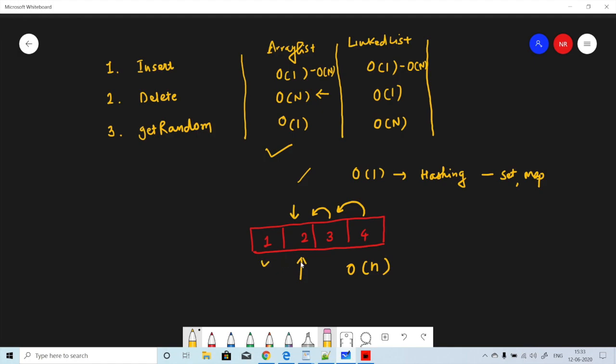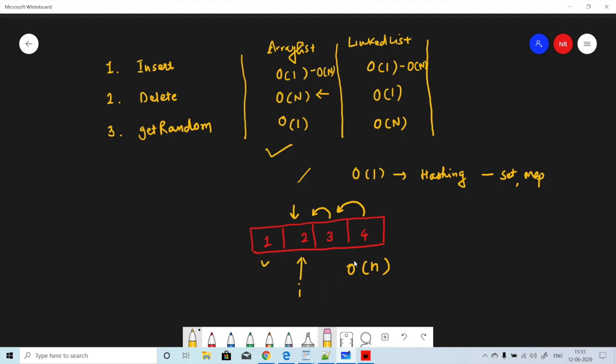So how do we avoid or reduce this cost of deletion? We know that number 2 is what we want to delete, but we don't know the position of that number. So the first thing we would like to get is the index of that number.